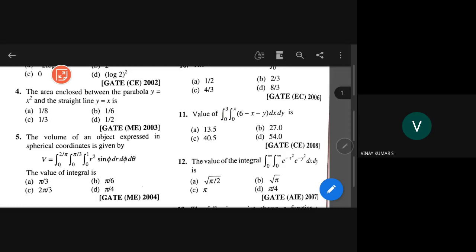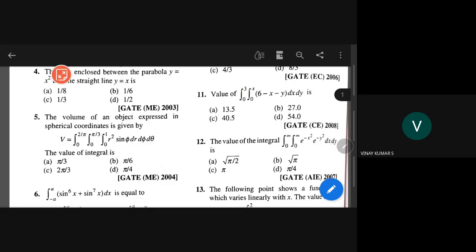When it comes to volume integral, I didn't go for this because unless we understand the double integral well, you cannot go directly to triple integral. There is another movement because along z-axis you have to make a sheet. When you are covering the area, you are covering the area with lines. That is the secret behind the double integral. When you go for the triple integral, you have to take that volume into slices and then move the slice along z-axis or y-axis or x-axis. So we'll see in the next class about that.